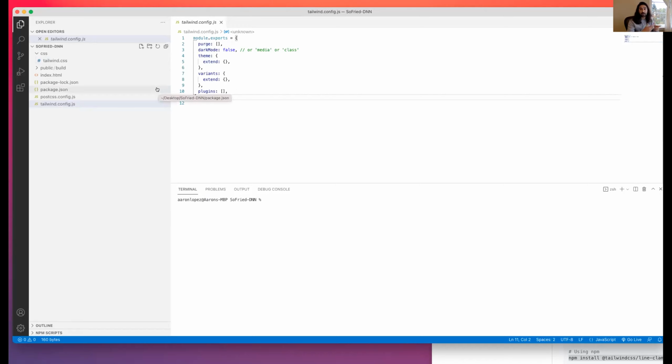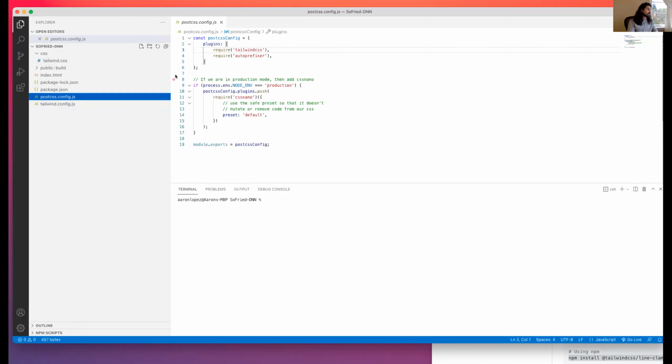But you can customize it to make it work for your brand, your design. We have a PostCSS config because Tailwind is a PostCSS project. So I'm requiring Tailwind CSS as well as autoprefixer. And I even have a thing in here to do cssnano to minify when I actually build it.